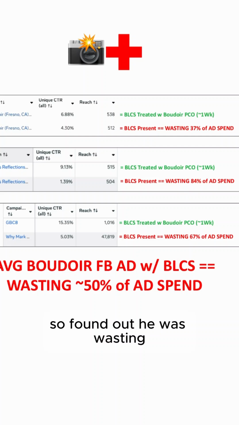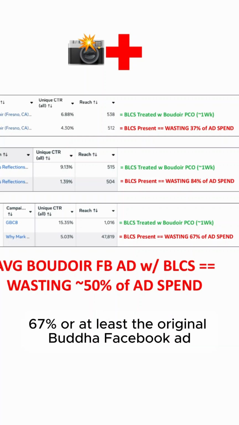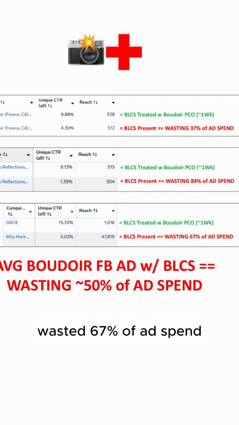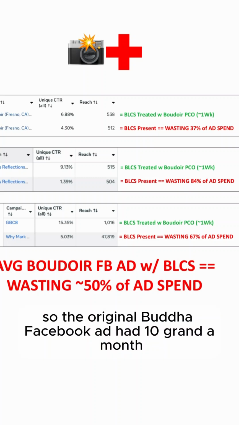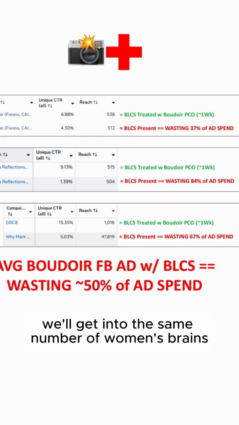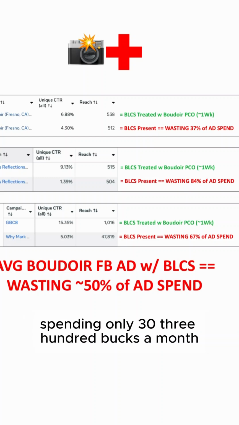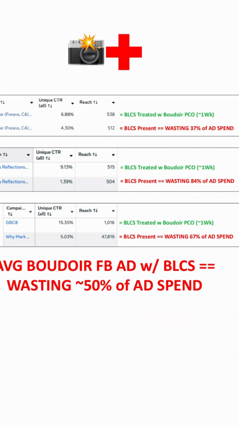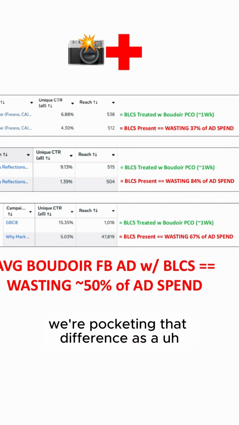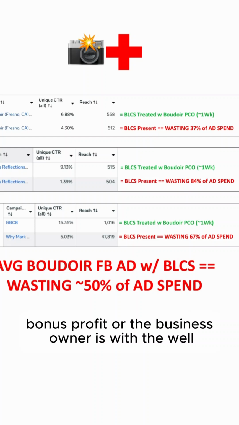So found out the original Boudoir Facebook ad was wasting 67% of ad spend. The original Boudoir Facebook ad had 10 grand a month. We'll get into the same number of women's brains as the Boudoir Pico treated ad, spending only 3,300 bucks a month. So that whole difference, we're pocketing that difference as a bonus profit, or the business owner is, the boudoir photographer is,